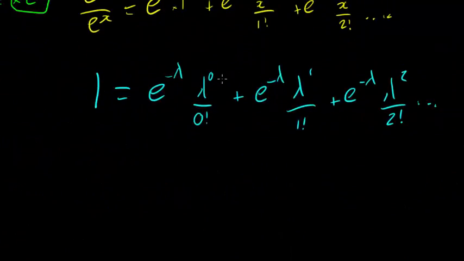So if I multiply this number by lambda, well, I'll get there. If I multiply this number by lambda over 2, then actually I'll get to that one. If I multiply this one by lambda over 3, I'll get to the next one, and so on and so forth. It's not something I use, but feel free to look it up in the book, because it is actually quite interesting.